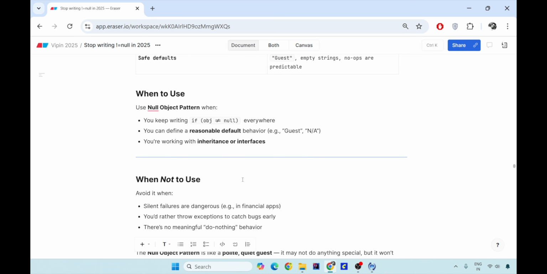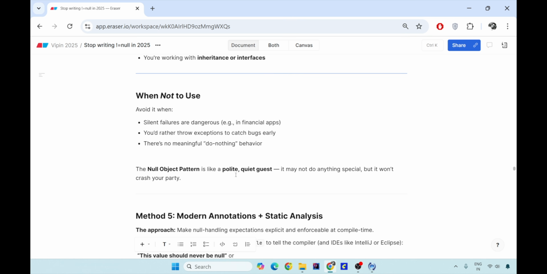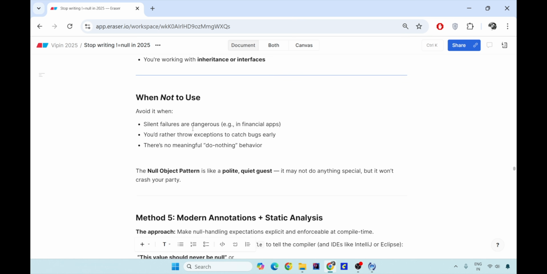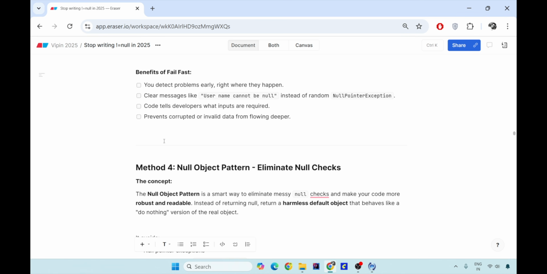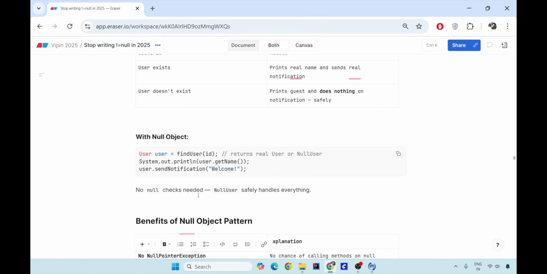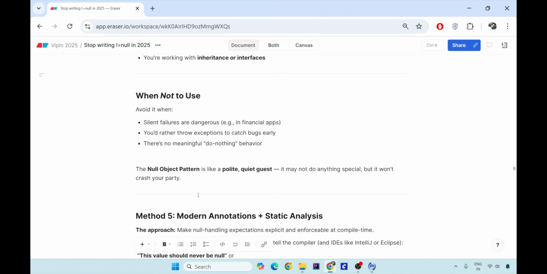But when not to use it, this is a very bad scenario. This basically becomes an anti-pattern. This null object pointer pattern becomes an anti-pattern when you have a financial application. For example, you have a bank. Now, if that bank is going to return you an empty user, all the operations can still be operated by the user who is not found as a logged in user into your banking system.